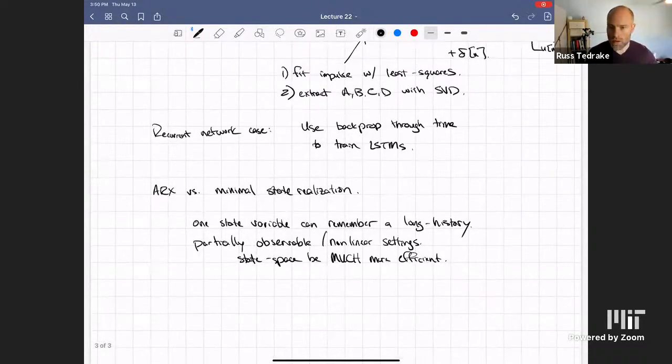Hey Russ, I have a question. Yeah, of course. So in the minimal state realization case, it seems like there's an underlying assumption that you have a larger scope of data. So in the example that you gave of the cart-pole with the key points, those were kind of capturing the cart-pole in a global sense. So, I mean, yeah,